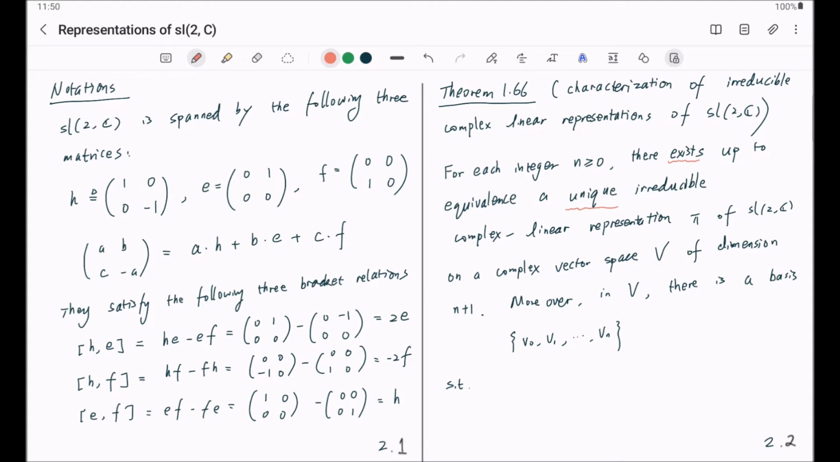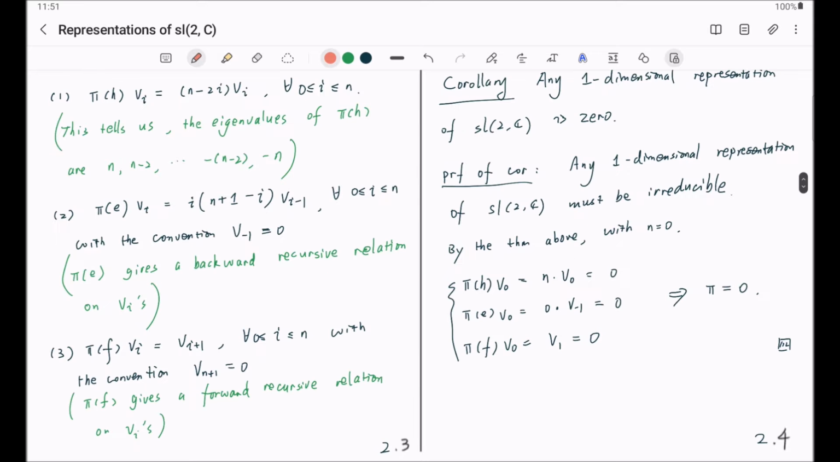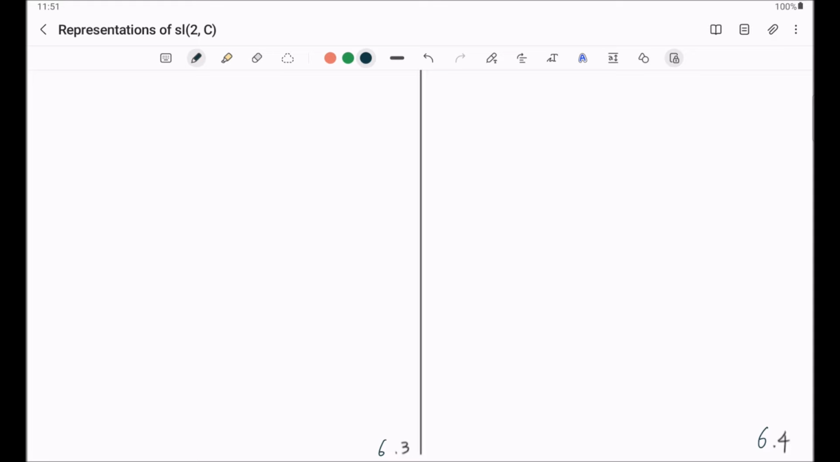Now we move on to the proof of the existence. Notice that the moreover part, in particular the properties 1, 2, and 3, already give us lots of hints on how to construct this pi, this representation. So, to prove the existence,